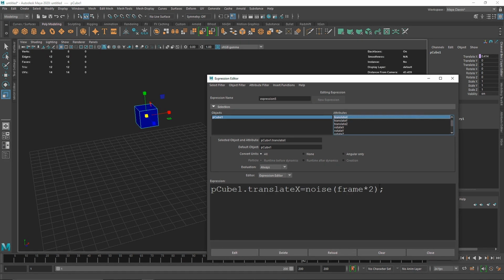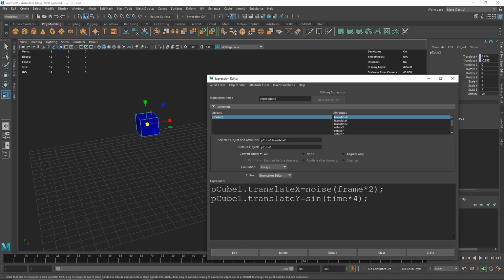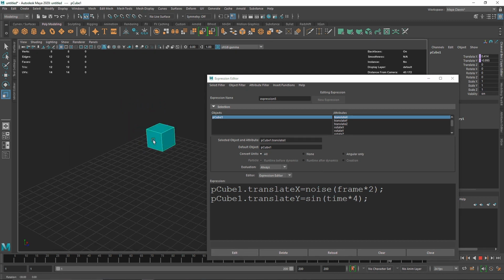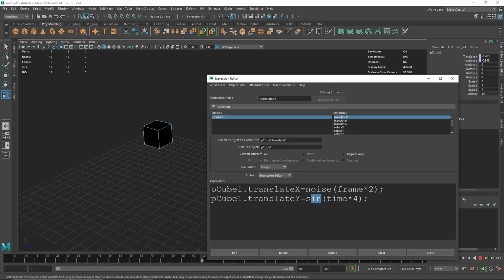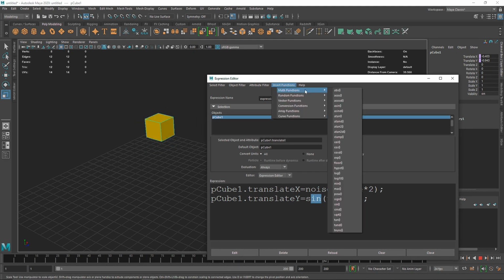I can use the translate X. I'm gonna copy this again, paste it here, and instead of translate X, let's use Y, and I'm gonna hit equals sign, which is a mathematical function, and with time multiplied by 4, and let's add a semicolon here, and I'm gonna hit edit, and now you have something like this. Pretty interesting. If you don't know this mathematical function, I highly suggest going into the insert function, math function,